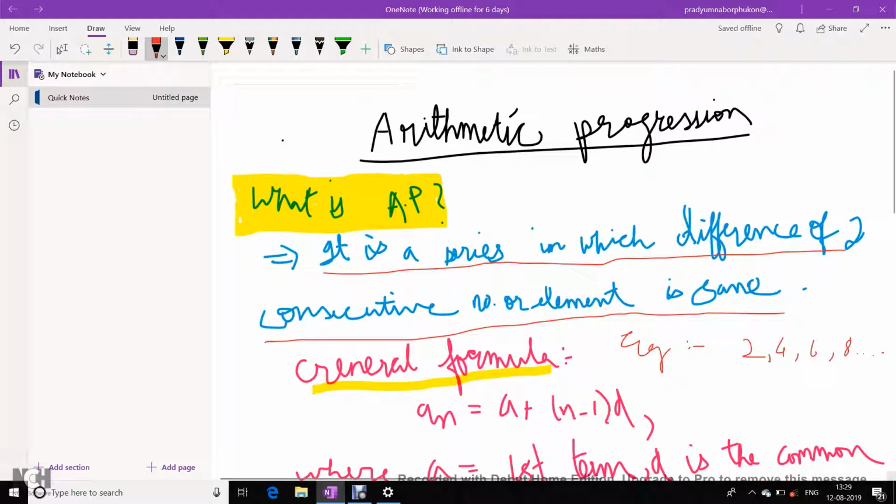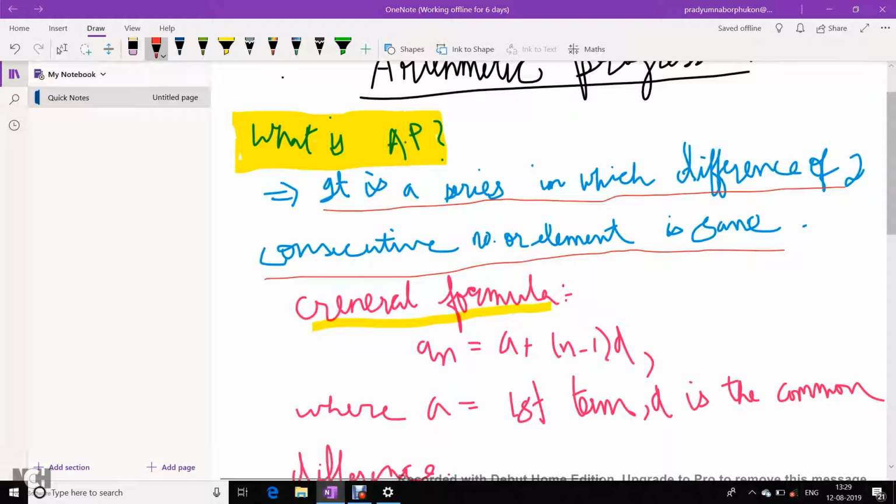Right? So here the difference between two consecutive numbers is 2. Here also 2. Here also 2. Similarly, we can continue it like that, right? Okay, that is a very good example. As you know, this is the set of all positive even numbers, right? Now, next,